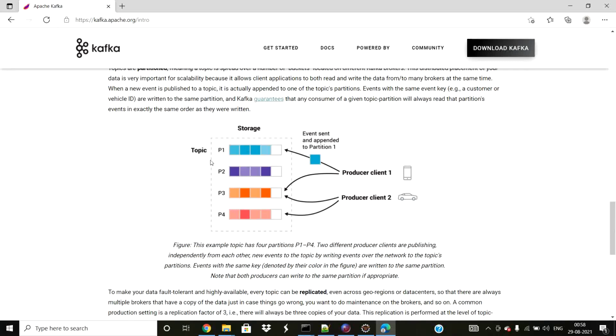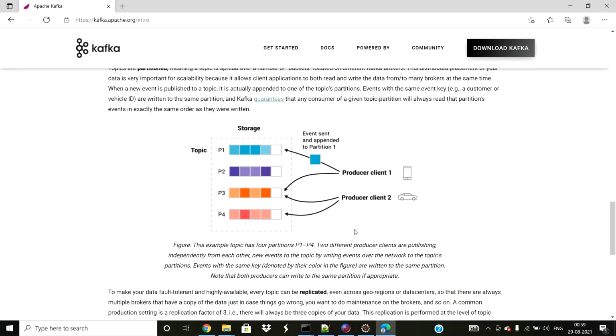We need a topic, and I've created three partitions out of it. It's up to you, you can create as many as you want. So topic and partition are the key things that I'm speaking about here. I've also created an application which will write messages into that topic and also subscribe to messages from that topic. The design of this Kafka technology is basically a pub/sub model. You publish something and then you subscribe to it.